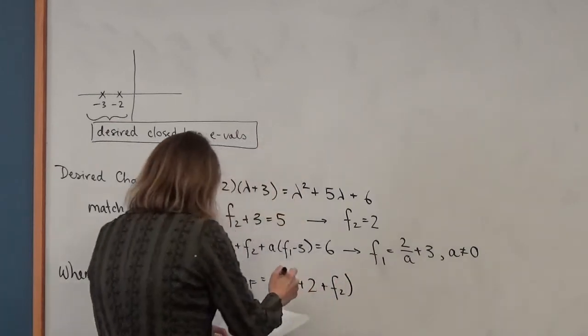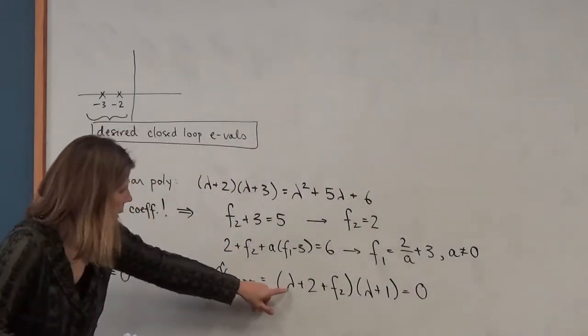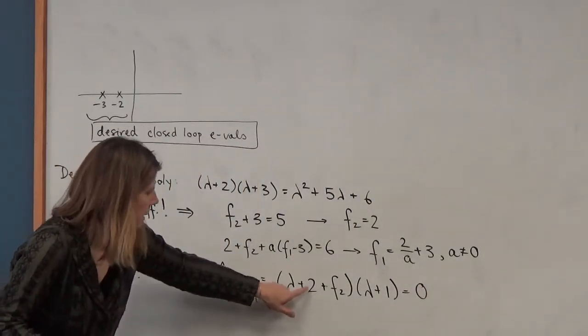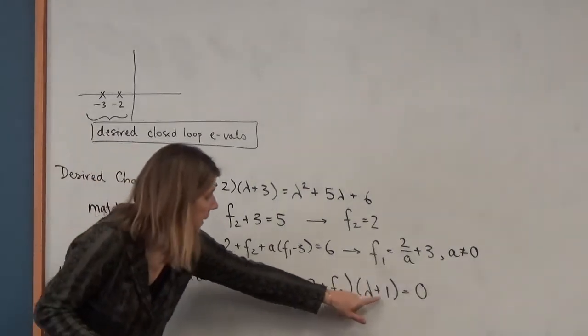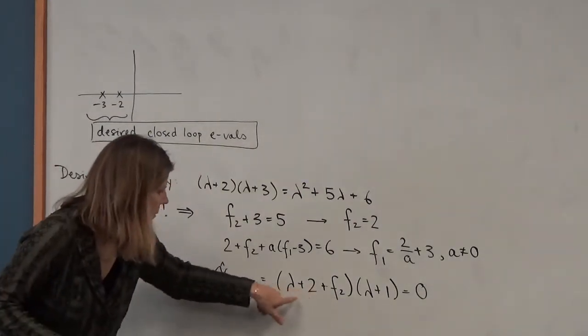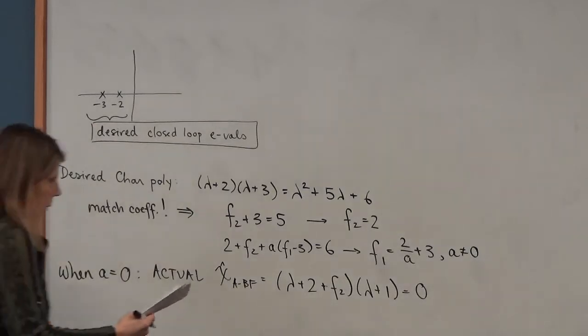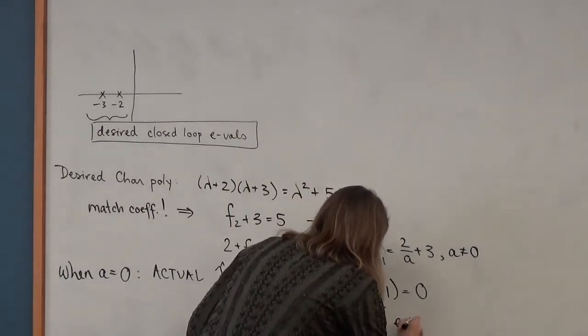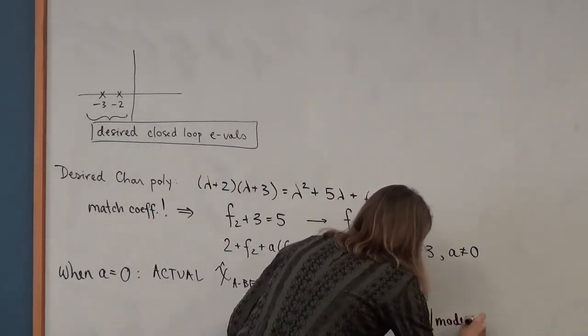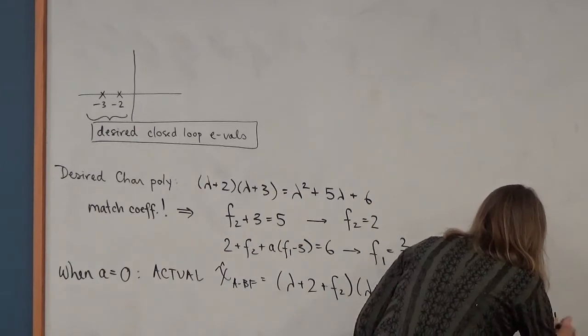So the eigenvalue, in the open loop case, the eigenvalue that was at -2 can be moved by F2, but the eigenvalue that was at -1 can't be affected. It's just going to stay there. So F2 comes in and it affects directly the location of the eigenvalue that was at -2 in the open loop system. Does everybody see that? Okay, so the eigenvalue, or equivalently the mode, at -1 cannot be affected